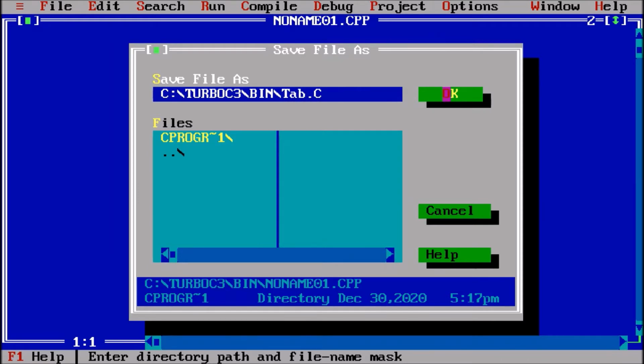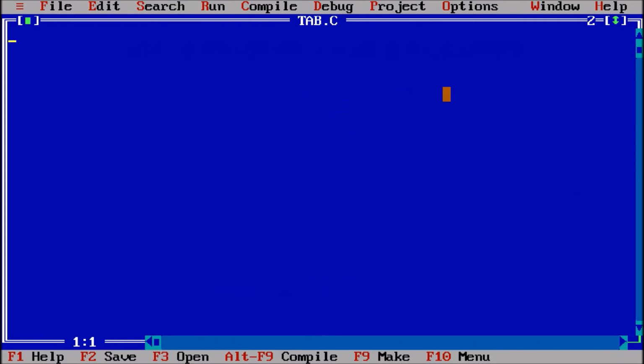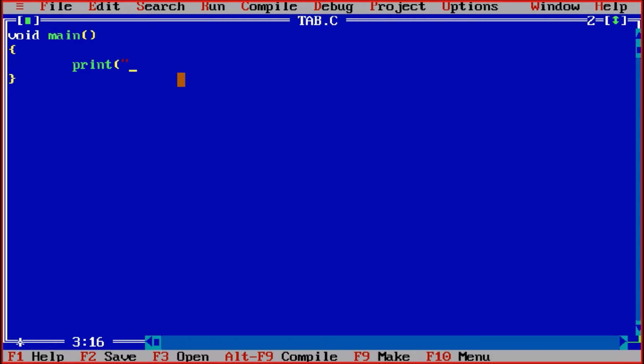I am learning the tab space with this program. We are learning programs one by one and we are learning new things. That's why these programs are there. So this is the program where we are learning how these tab spaces are used. First of all, everybody knows that void main is the main program, and in void main, let us suppose that I have to print something. So first of all, I am printing.